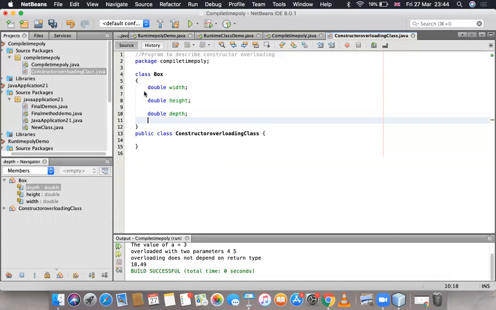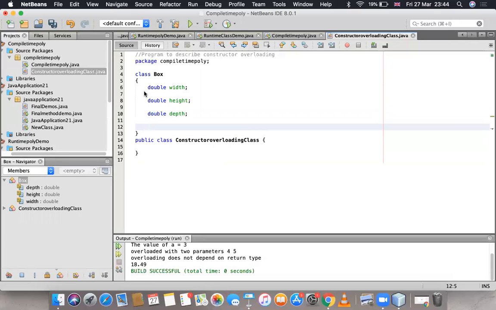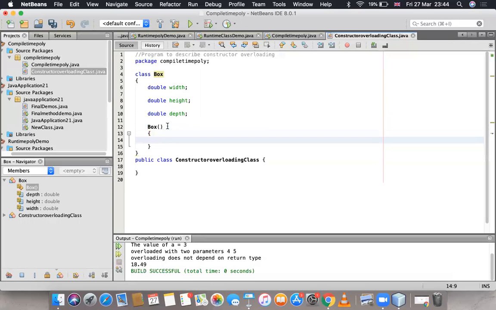Now let me write the constructor for this Box class. That is Box. I'm not going to pass any argument. I'm going to write a default constructor. A constructor which receives no arguments is called a default constructor in Java.